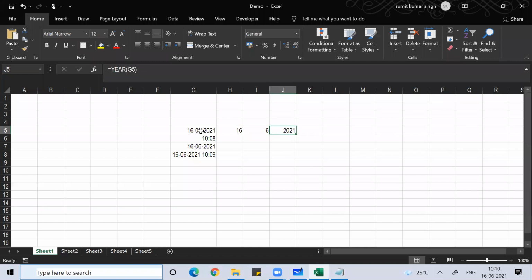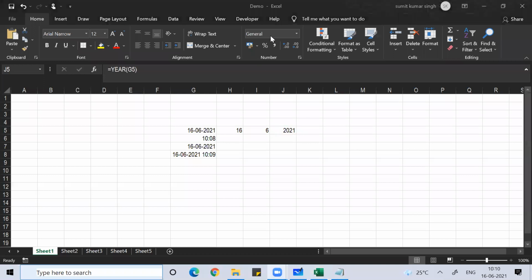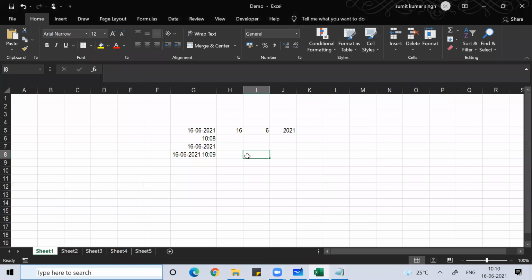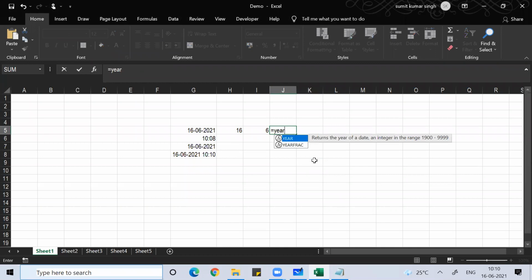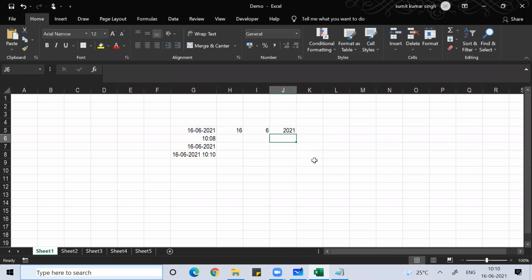You can use these formulas and your work will be done. You will get the year of that.